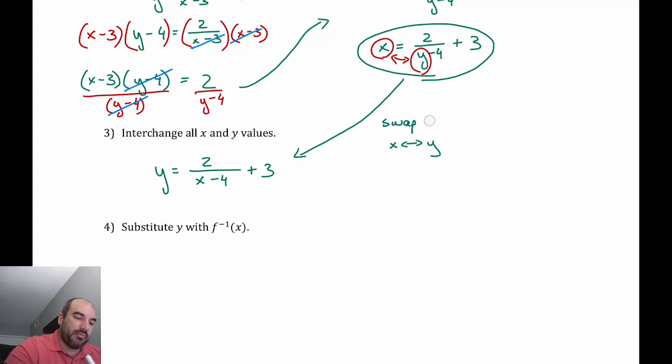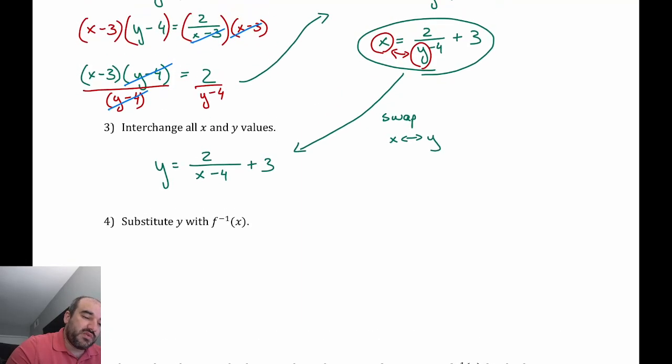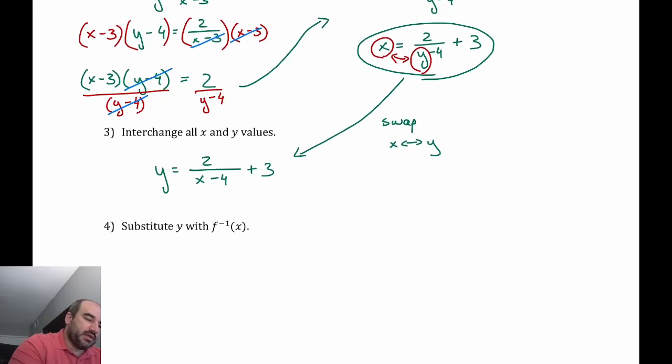Right, so I just swap the x and the y to get your step 3, which again is a pretty simple step. So step 2 is the only step that we had to do a bunch of work in. Step 3 is very straightforward. You just switch the x and the y and you get a function here. Now that we've actually swapped x's and y's, this y here that we have in step 3 is not the same y that we started with. Okay, this interchanging of x and y values